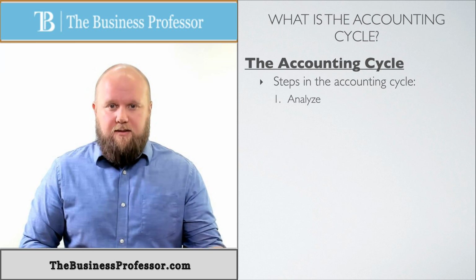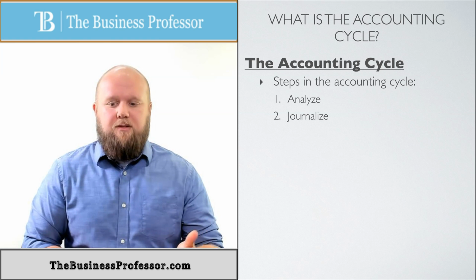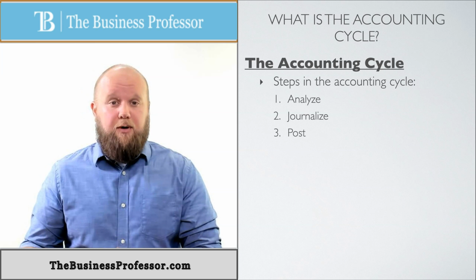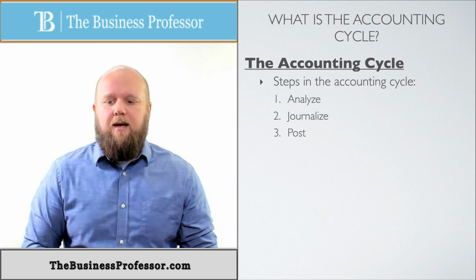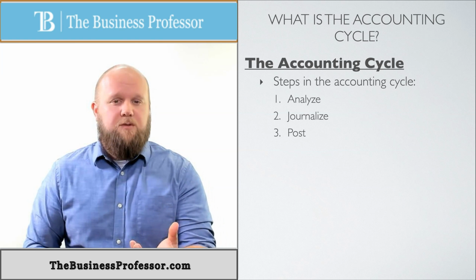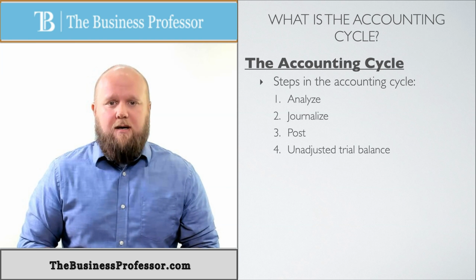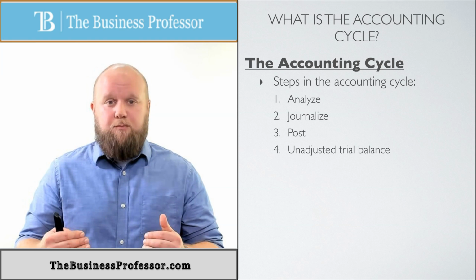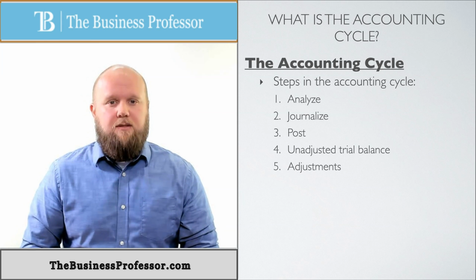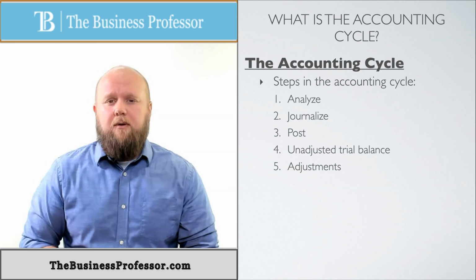The second one is what we just talked about in the previous chapter, and that's to journalize. Go ahead and start putting in journal entries, which runs hand in hand with the third one, which is to go ahead and post them, put them in the T-accounts. Then once you have that, you have a step called the trial balance, and this is more specifically called the unadjusted trial balance. The unadjusted trial balance, as the name implies, happens prior to the adjustments, which means that the fifth one is going to be the adjustments, and we'll talk about those in this chapter.